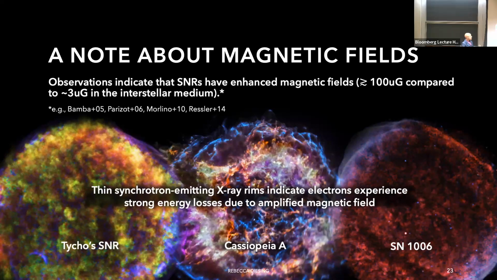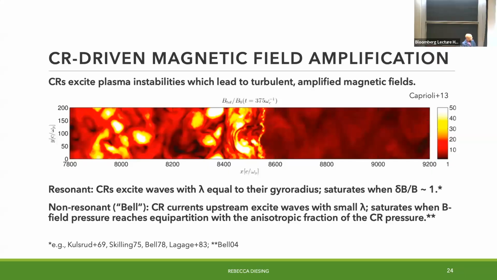If you infer the magnetic fields for supernova remnants like these, you get something of order hundreds of microgauss, compared to the ISM field, which is a few microgauss at most. So we know that this is the case. We also know from theory, from simulations, that cosmic rays are actually able to amplify magnetic fields themselves. There are a number of simulations out there that do this, and a number of different ways to amplify the magnetic field.